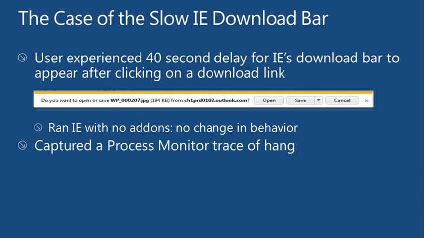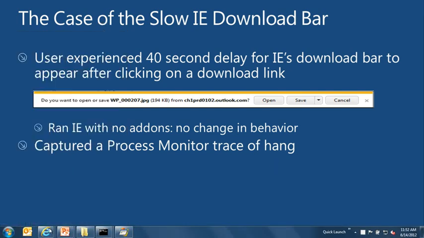And in fact, they first tried, of course, running IE without any add-ons. First troubleshooting step with IE, still had the same behavior. I can reproduce that behavior with IE, so let's go take a look at it. And in the process, I'll show you